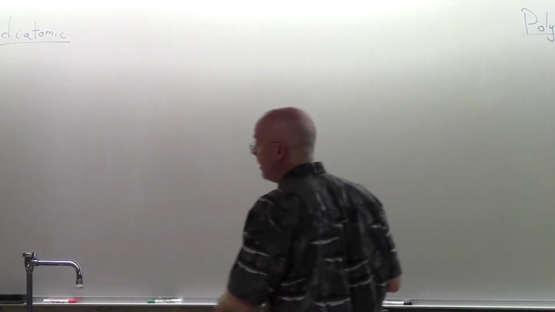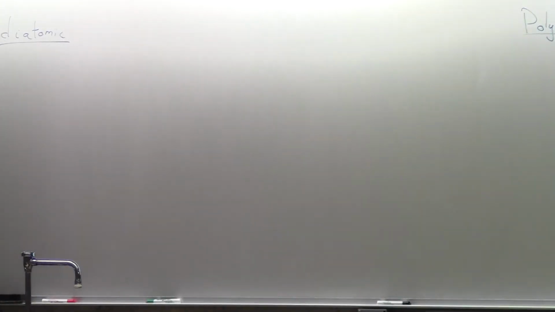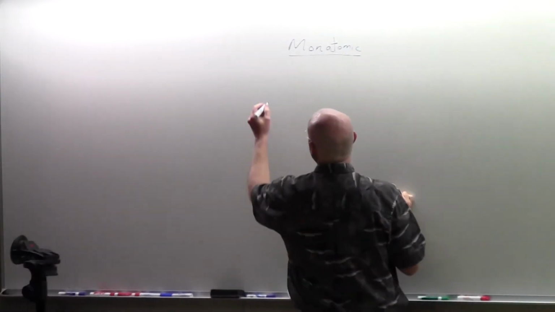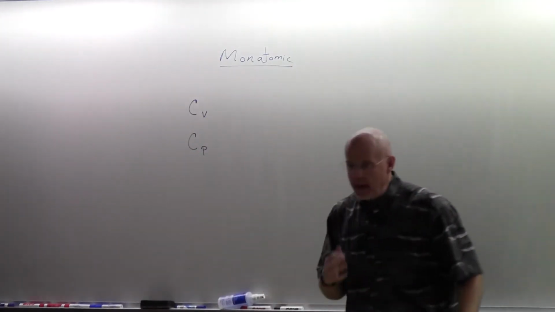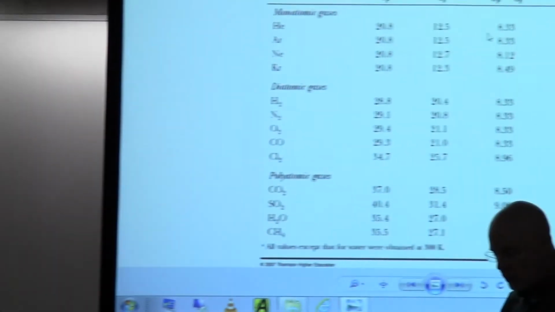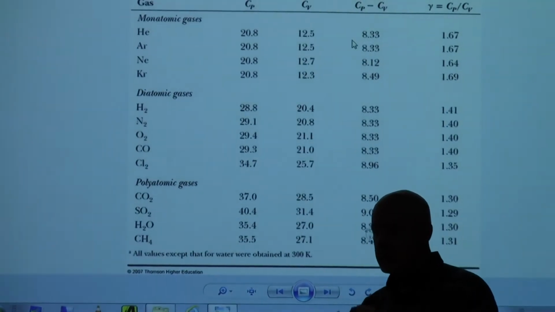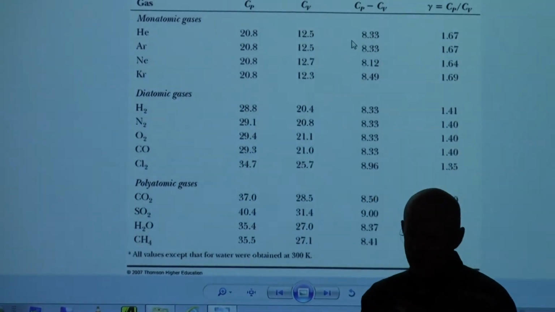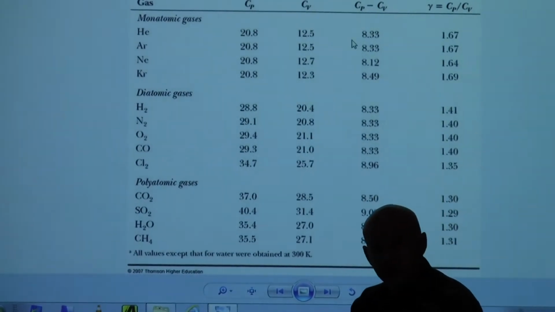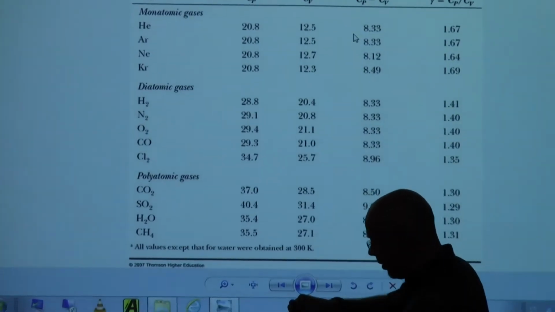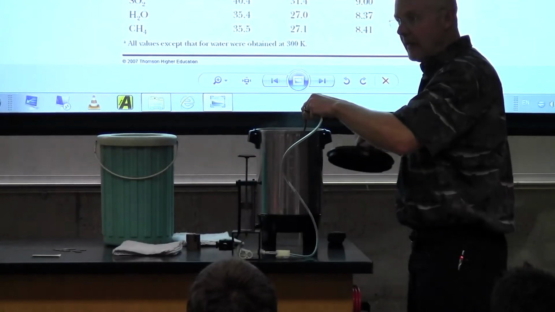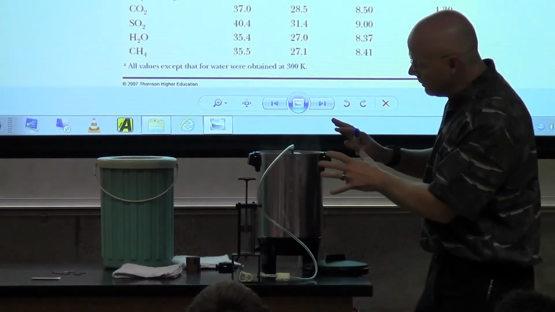Quick review here. On the monoatomic, you might remember that we mentioned both CV and CP. And maybe it's worth repeating again. I'll come over here to our little experiment that we've done a bunch of times. You can heat this gas up really in two different ways, actually more than two, but two we're going to focus on. If I clamp it and warm it up, that of course will warm up the gas to roughly